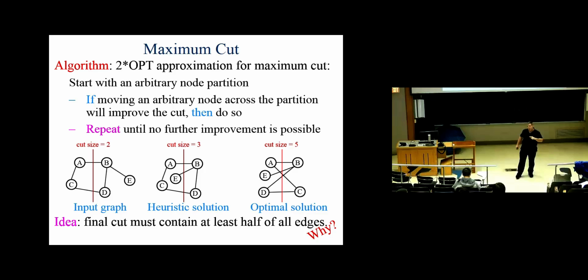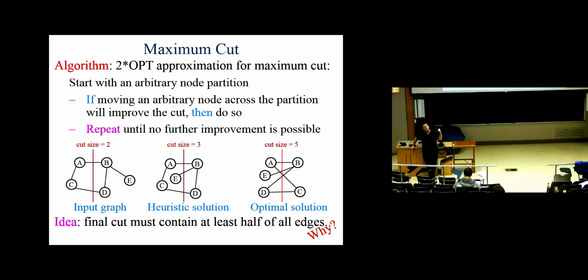When this finishes, no nodes can increase the cut size. That means half of the outgoing edges out of every single node cross the cut at that point. Otherwise, you can flip such a node and get a better solution from this heuristic, but this heuristic doesn't terminate until this rule is exhausted and can't be applied anymore, which means the final solution of the output of this heuristic will be at least as good as half of the optimal, whatever that is,